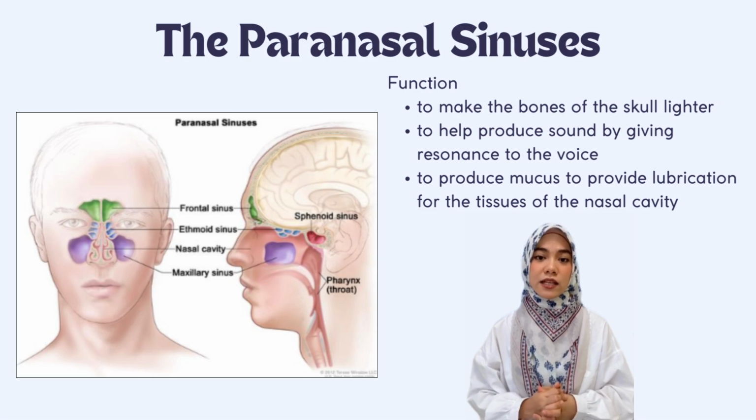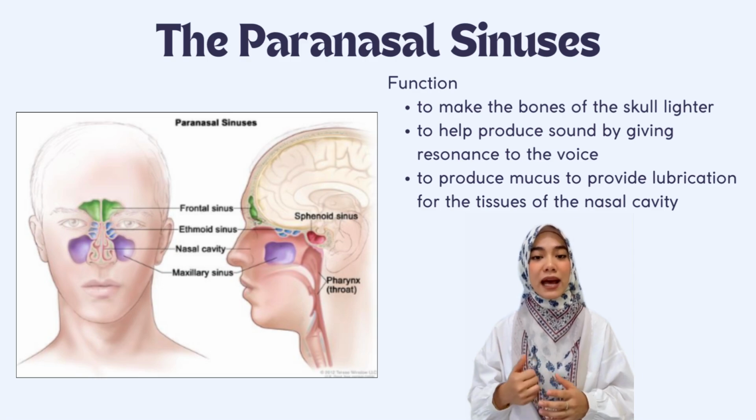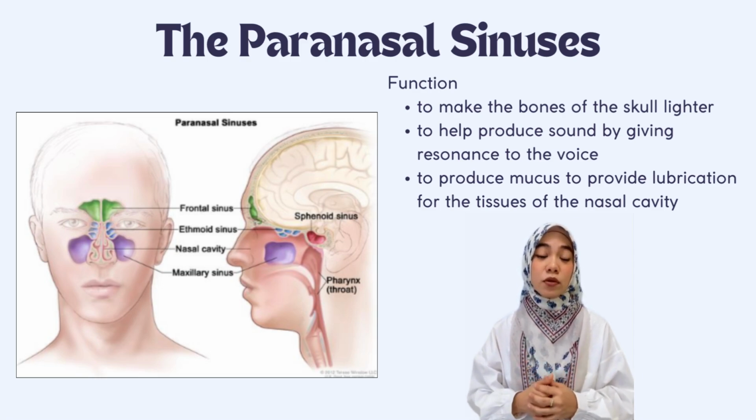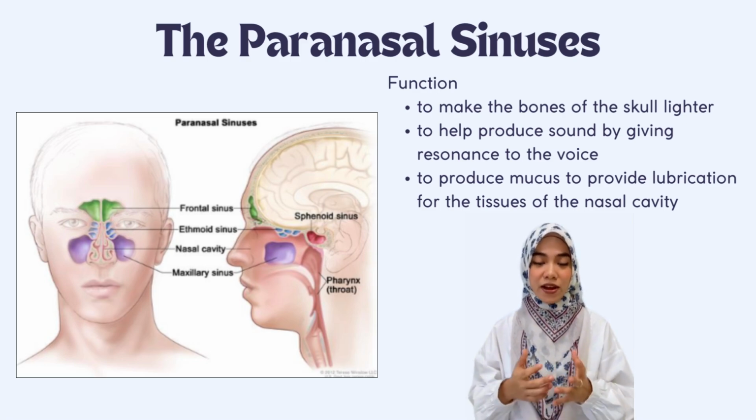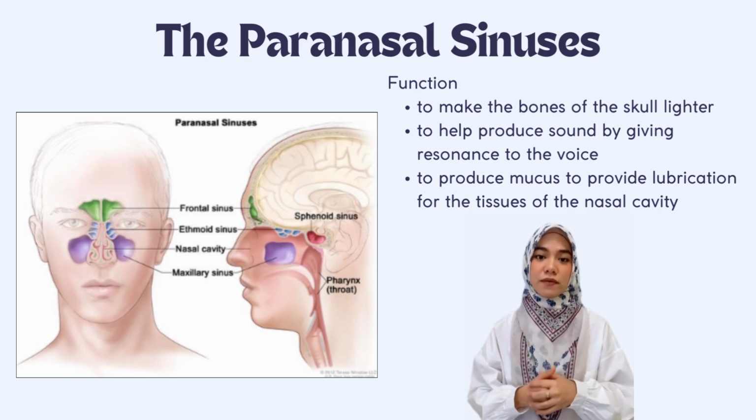Next are the sphenoid sinuses, which are located in the sphenoid bone behind the eye and under the pituitary gland. They are close to the optic nerve, and an infection here can damage the vision. The next one is the maxillary sinuses, which are the largest of the paranasal sinuses and are located in the